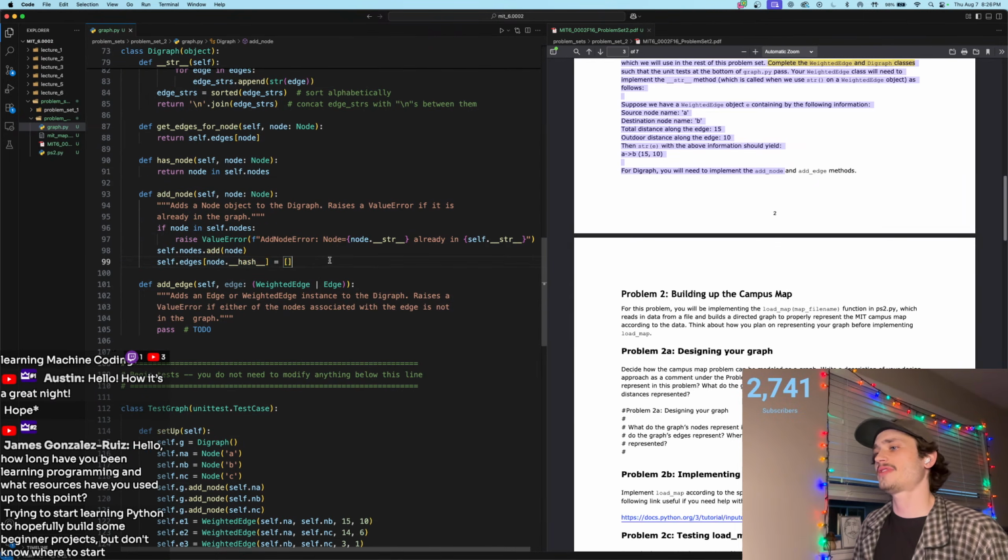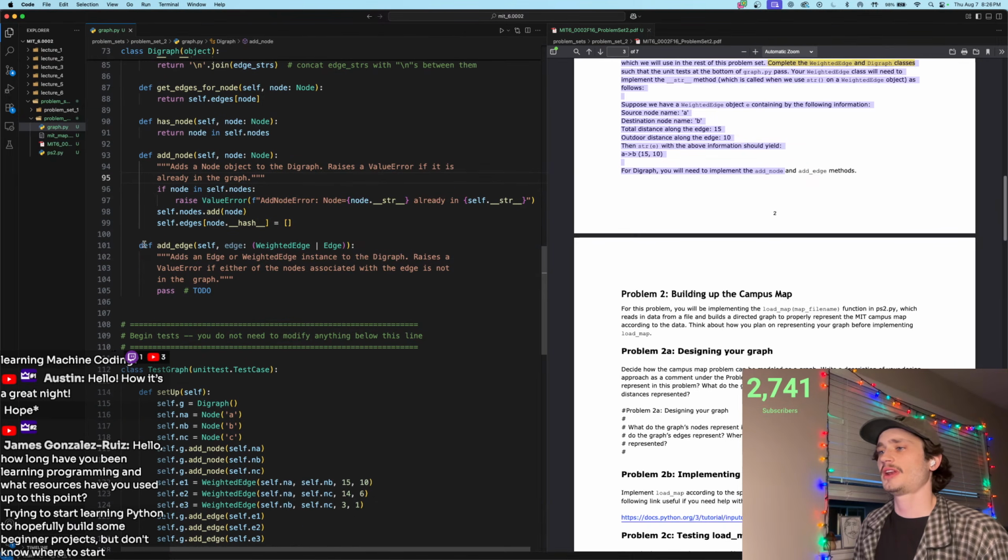So now that we have that, I wouldn't have to return anything. So I think we move on. Now if we need to add an edge. So adds an edge or a weighted edge instance to the digraph. Raises the value error if either of the nodes associated with the edges is not in the graph. Okay, so